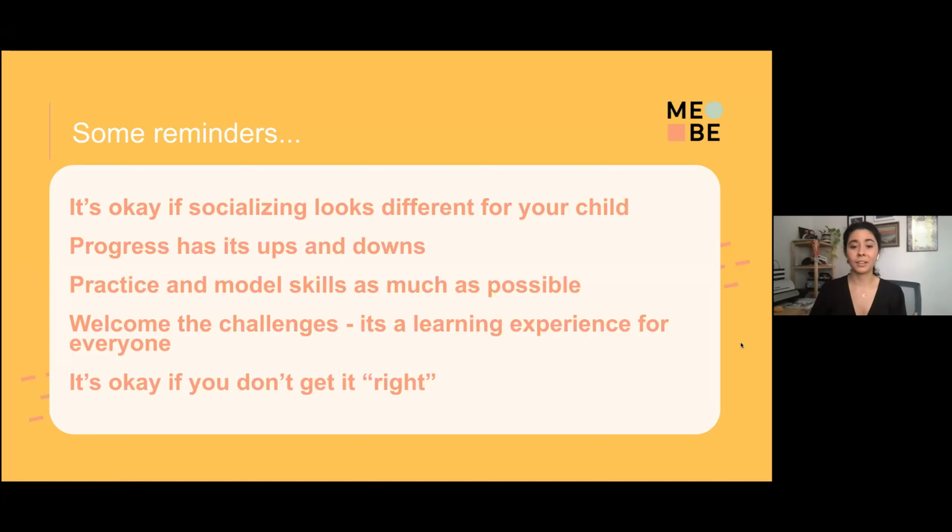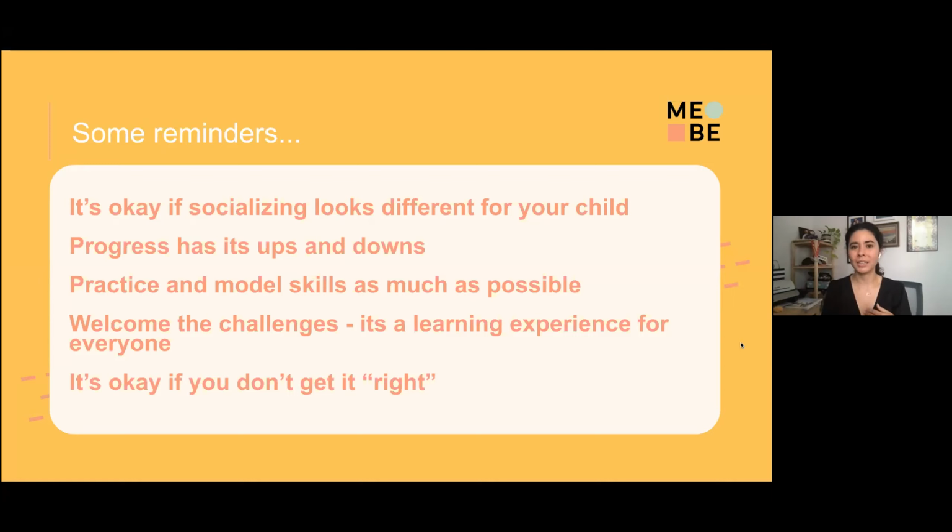Practicing and modeling skills as much as possible is so important. We did touch on that in coping skills: modeling coping skills, practicing them both inside and outside of scenarios that actually do cause that stress. But also practicing and modeling flexibility, practicing and modeling cooperation, catching yourself when you have a little trouble.